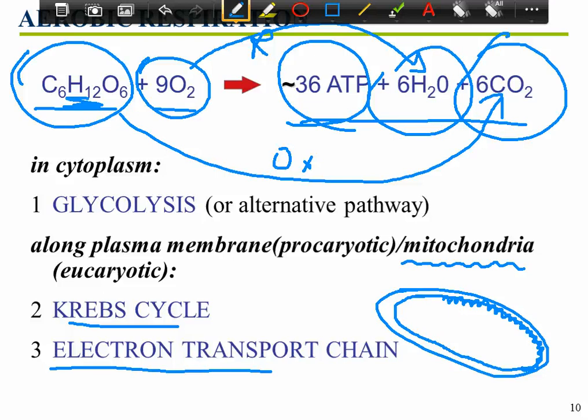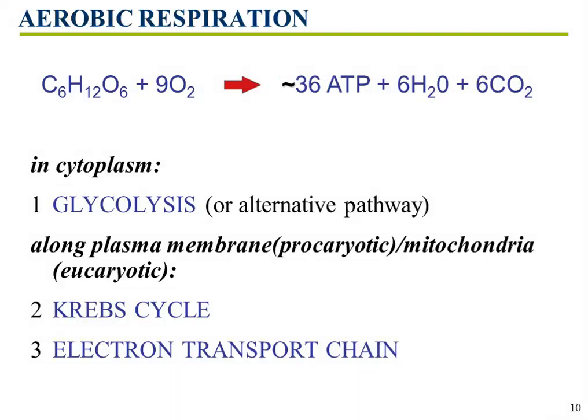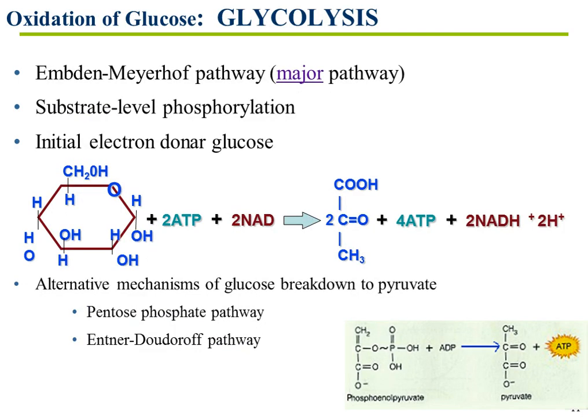By the way, one more thing I want to mention, although I'm going to mention it in more detail later. It's now understood that really there's not 36 to 38 ATP. We'll talk about why later, but it's now been found to be less efficient. And most books still have it maybe as 36 or 38, but it's actually thought to be somewhere around 30, 32 that are produced. But that's a fine point. Okay, so I'm going to stop here and we'll get into the meat of this on the next